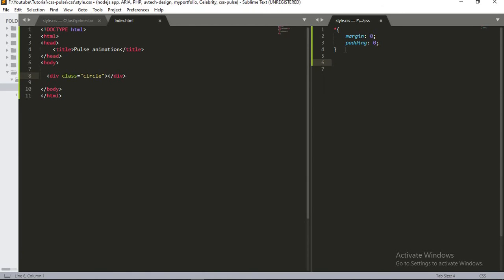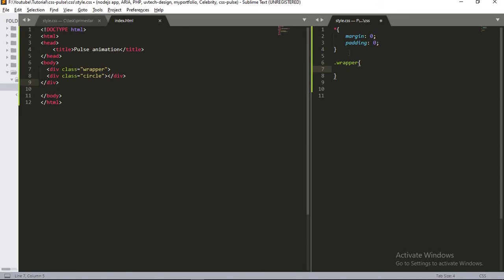Go to our CSS, and use another div to make it more attractive and noticeable, a wrapper, to wrap this. Here we have our wrapper,